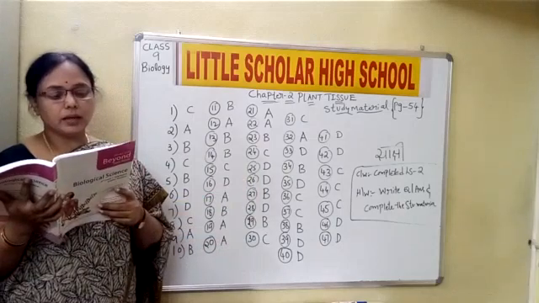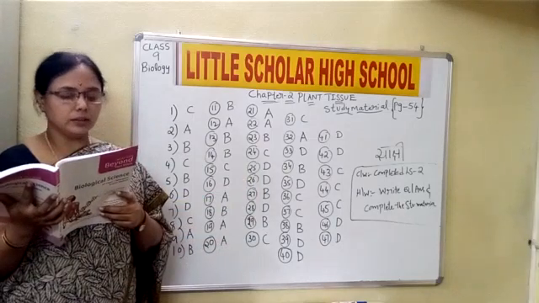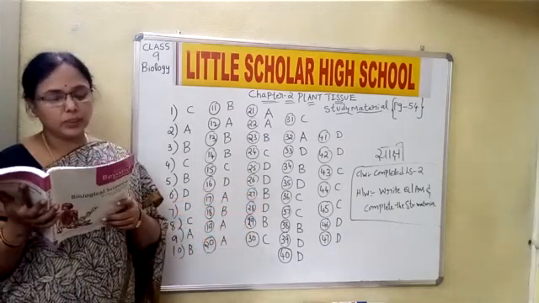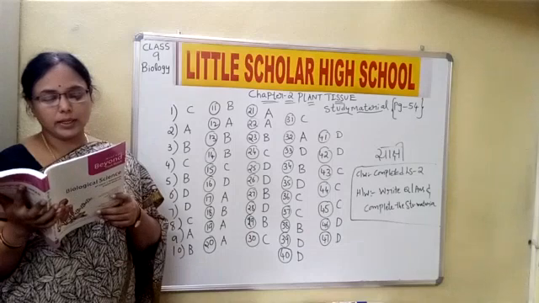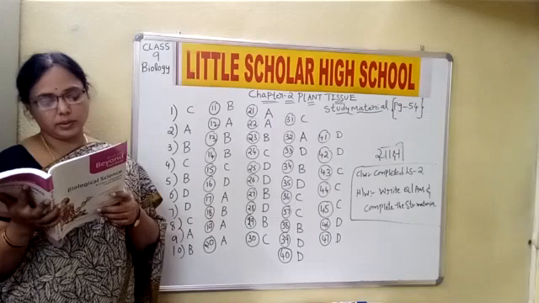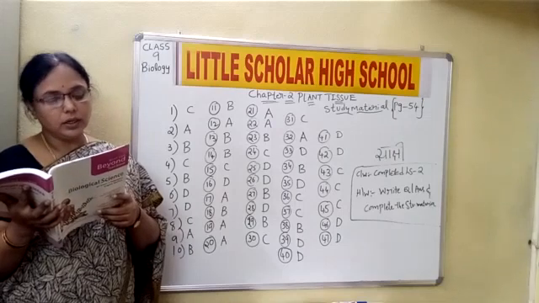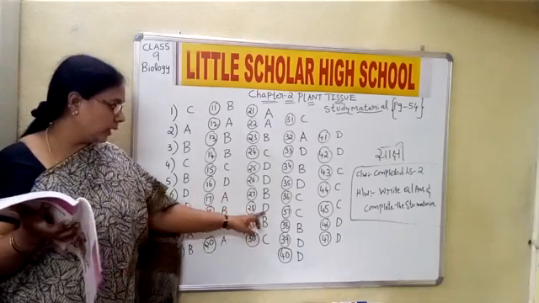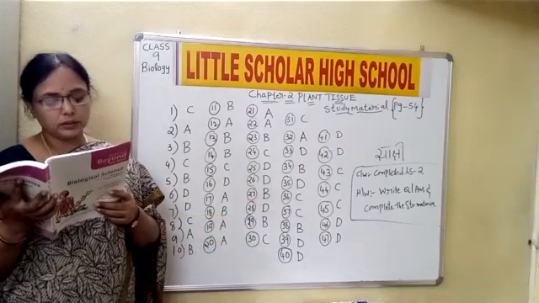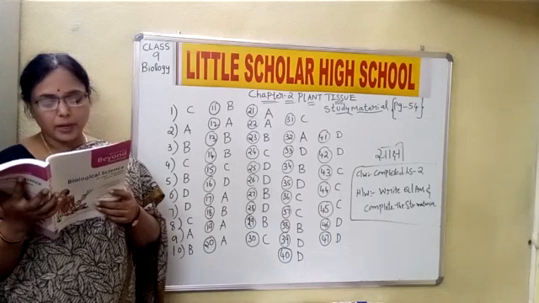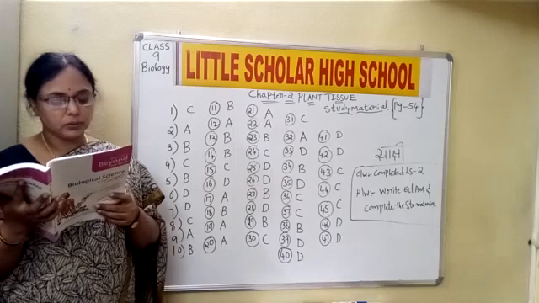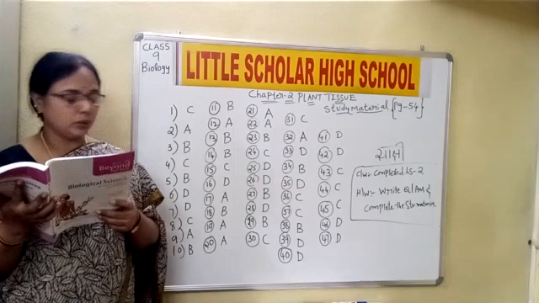Question 27: Stomata are enclosed by two guard cells. 27B. Question 28: Stomata and root hair help in exchange of gases, transpiration, absorption of water and mineral salts. All of the above, 28D, children. Question 29: The scientist who coined the term parenchyma for the pithy part of the plant is Nehemiah Grew. 29B.